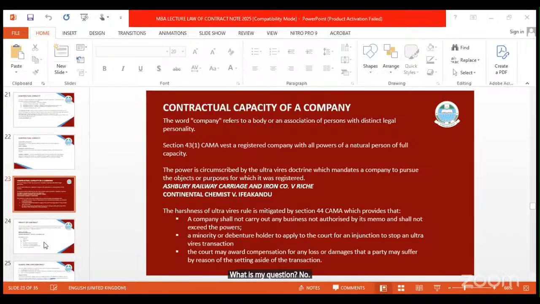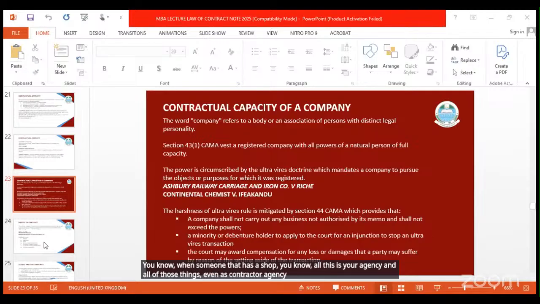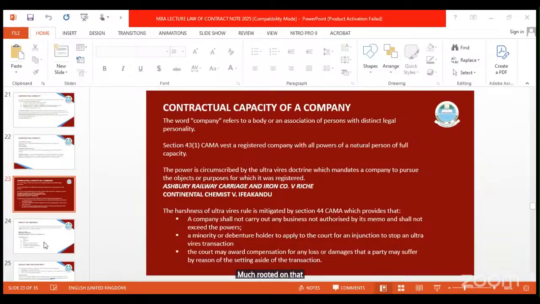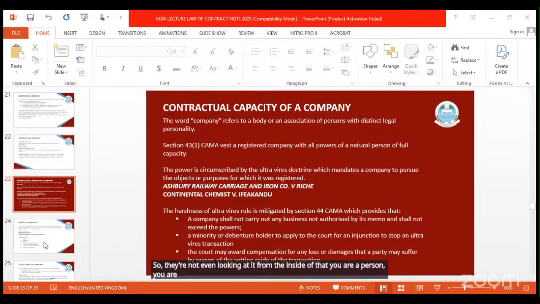Okay, so that's why, when someone has a shop, with all this issue of agency, even as a contract of agency, even if you say the principal is the one that put that child in that position, it's still the same thing. You that contract with that person, you should know that this person is underage. The law is presuming that you are imposing your reasoning and your own maturity on that child. That is the presumption. They're not even looking at it from the side of possibly imposing on the child. That's all.